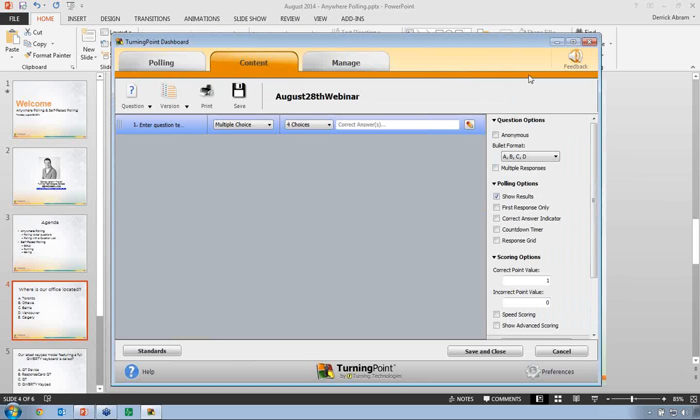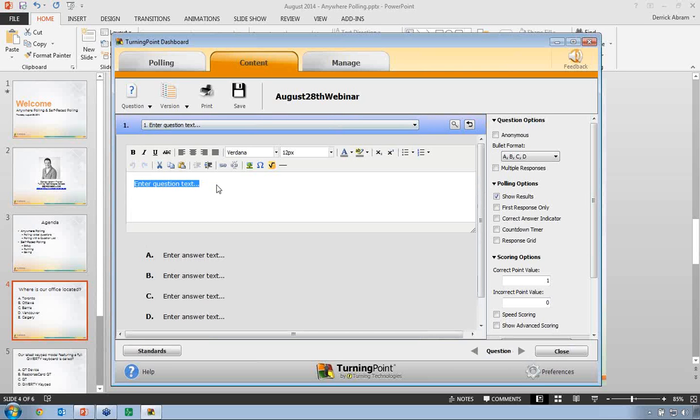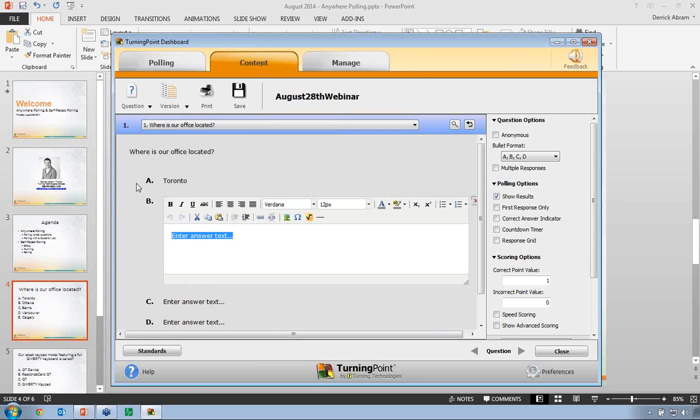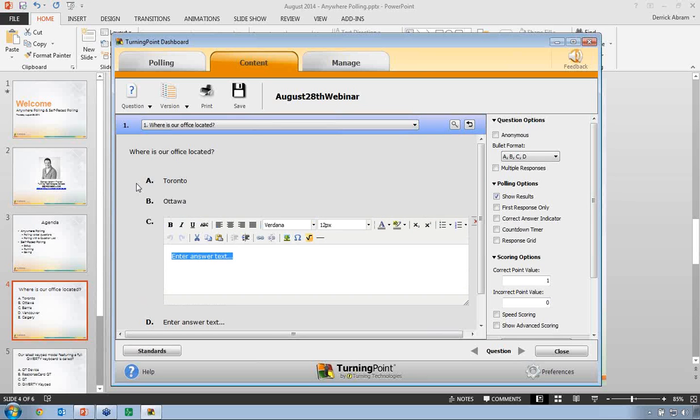And the next step here is to start building your questions. Now you're going to see here it starts out with one question by default, and all we have to do is double click it. And then the editor here works much like the editor for your Hotmail or Gmail account or any sort of web-based message forums. You can just simply start typing your information in. Okay, I'm just going to hit Tab to move down to my answer selections, and I'm just going to type some in here.